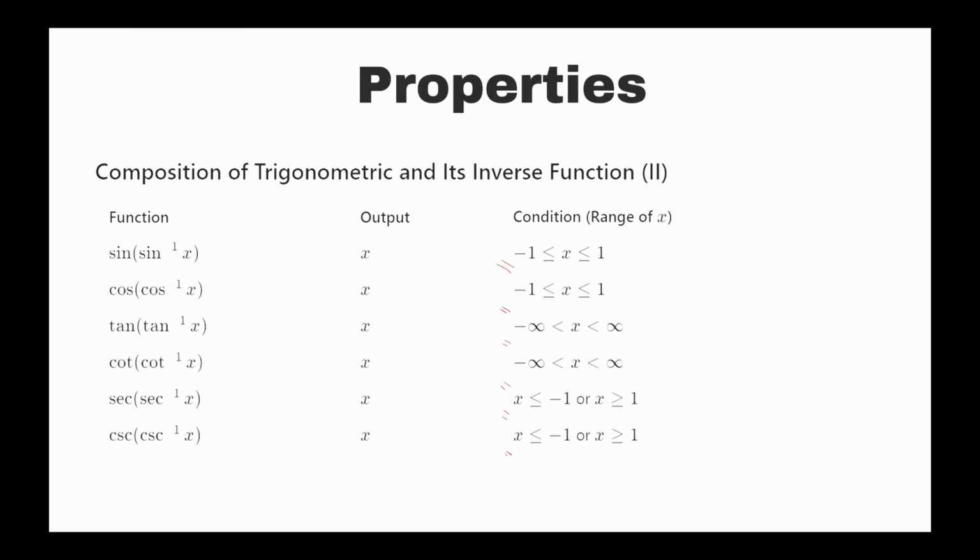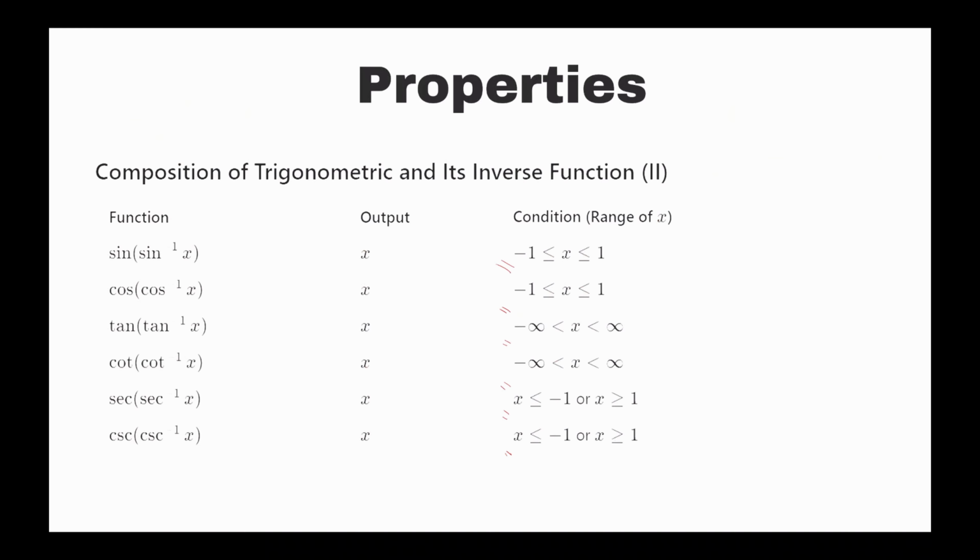Now, what if instead of trigonometric function, we have inverse trigonometric functions inside? Our output is still going to be the same. It is going to be x for all the values. The only thing that changes here is our condition. So earlier we had the condition of theta. Now we would have the condition of x. Now let's say if our x lies from -1 to 1, then we would have x for sine of sine